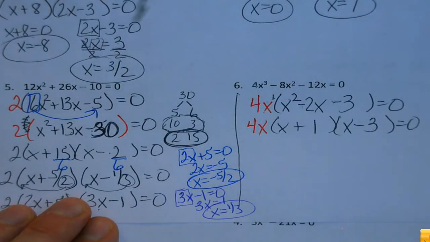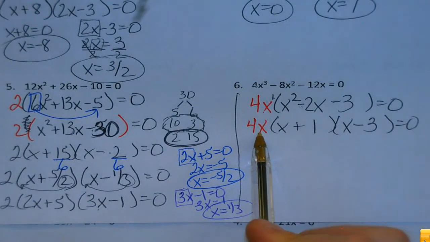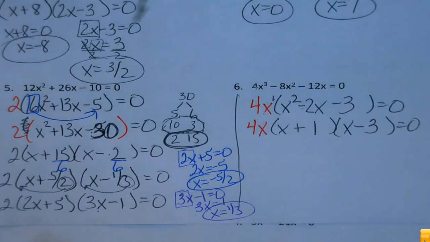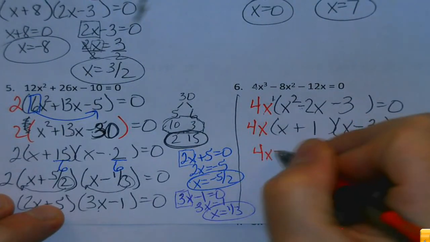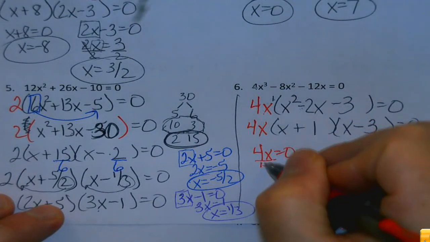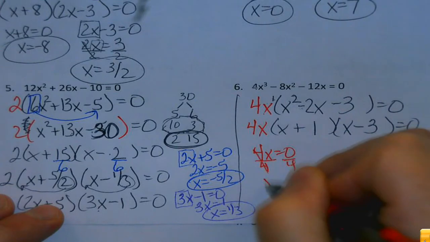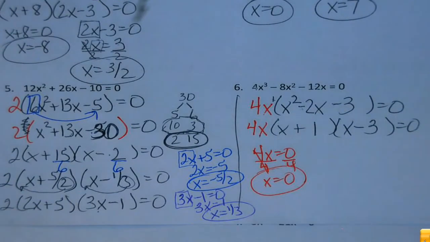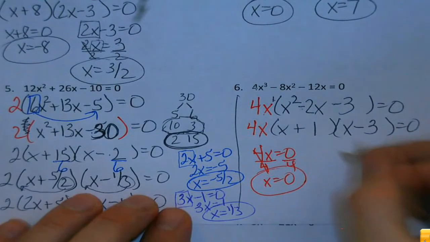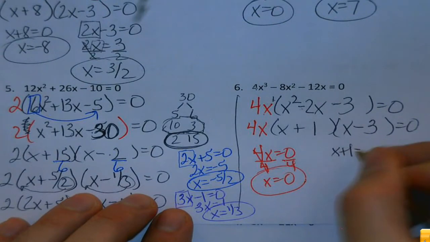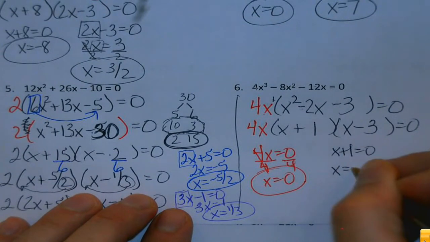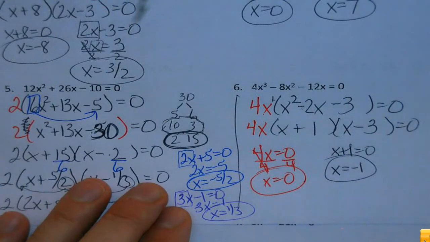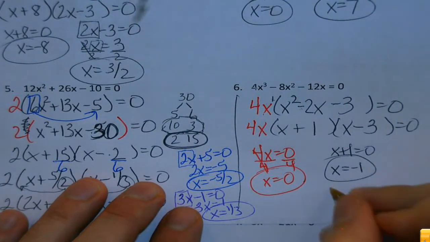And my only other real caution here now is remembering, this time my common factor has an x. When my common factor has an x, that can be set equal to 0. I don't want to forget about it. So this time I have not 1, not 2,